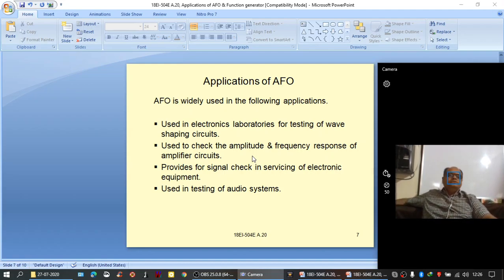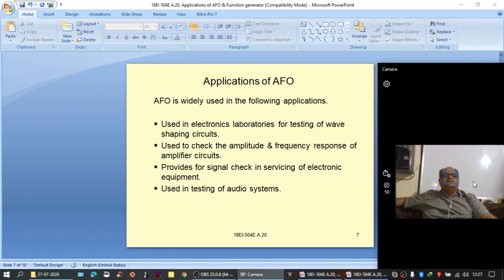So in order to get faithful amplification of the signal, first the amplifier should be able to amplify the frequency signals efficiently. Generally, amplifiers cannot amplify all signals starting from DC to the maximum frequency range, that is hundreds of megahertz. Every amplifier has its own frequency limit range. Below that range or beyond that range, the amplifier characteristics will be more non-linear.